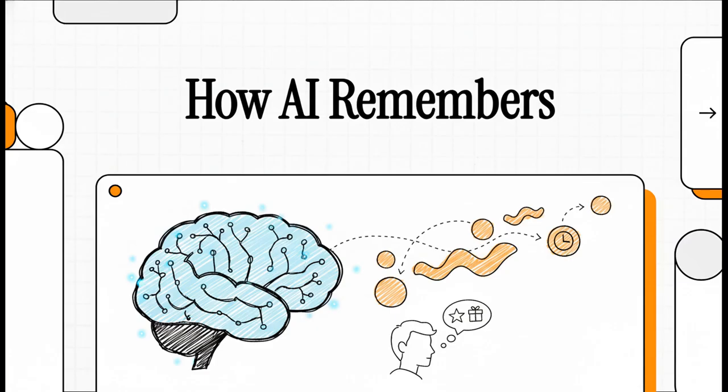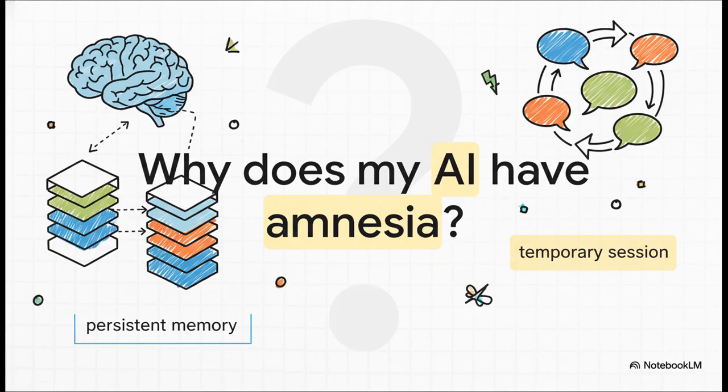So today, let's pull back the curtain and look at the fascinating engineering that separates a simple chatbot from a truly personal AI assistant, one that can actually remember who you are. It's happened to all of us, right? You spend all this time explaining your project, your preferences, your goals, and the AI totally gets it. It's perfect. But the next time you open a chat, boom, it's a clean slate. The AI has absolutely no clue who you are or what you talked about. So what gives? Why does this happen?